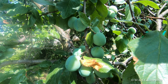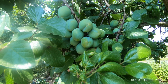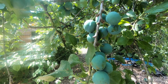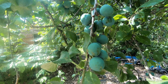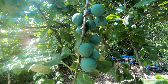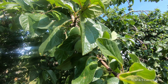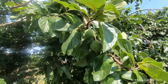Anyway, a couple of years ago we were watching Gardener's World, and Monty Don was talking about Waspinators, and that he'd used one of these in his greenhouse to try and stop the wasps getting his grapes. So I had a look on the internet, had a look at various ones that you could buy, and I decided I'd try and make one myself. So last year I made a couple of Waspinators,